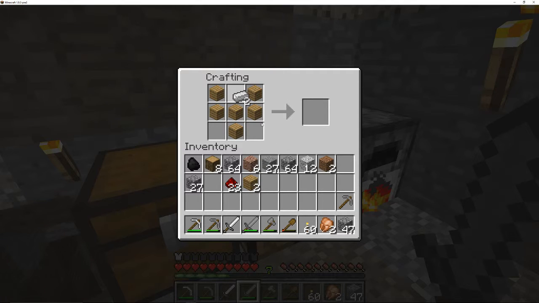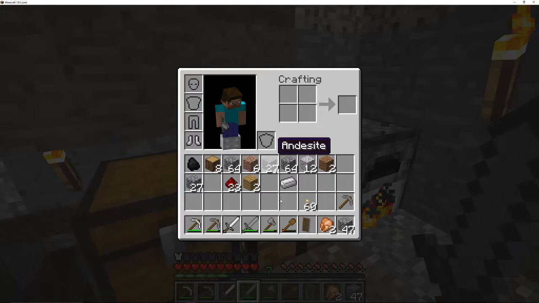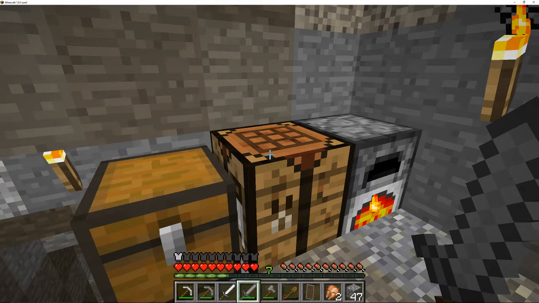I think this is how you do it. Yep, this is how you craft your shield. Like this: 1 iron ingot and 6 planks to craft 1 shield. Now to hold the shield, you can either put it here or you can go over it